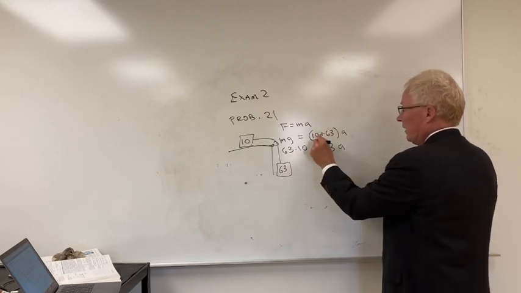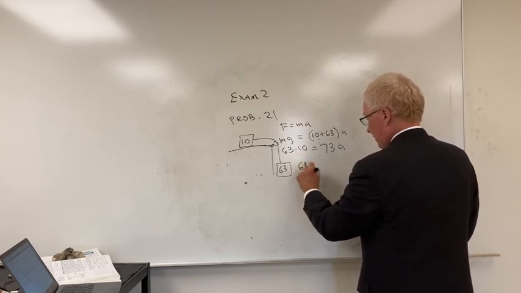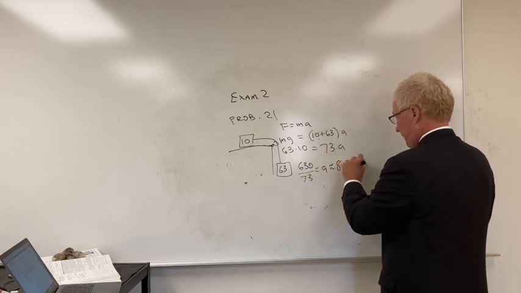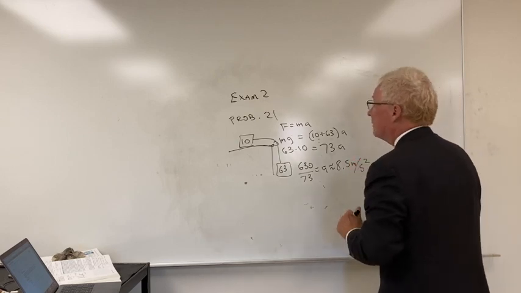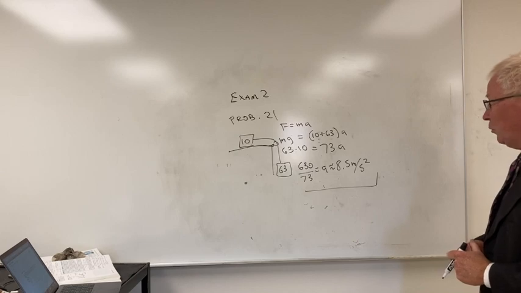This is kilograms. So that's going to be 630 over 73, so the acceleration is approximately 8.5 meters per second squared. That would be what you would get for full credit. Now some of you put in,